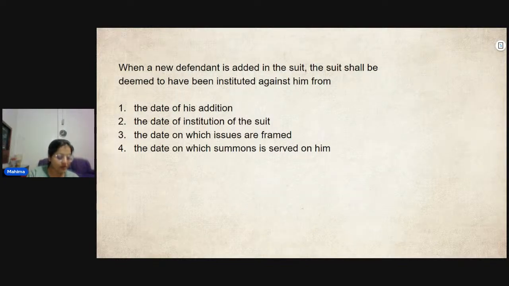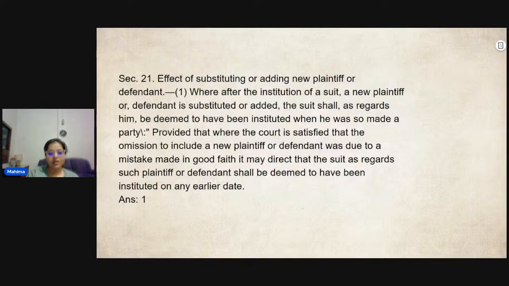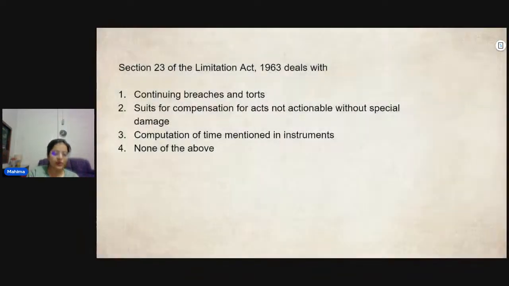Only one person was able to answer it, and that is anonymous. So please read section 21 again. In the earlier sections you guys have a little problem, so please read that section again.